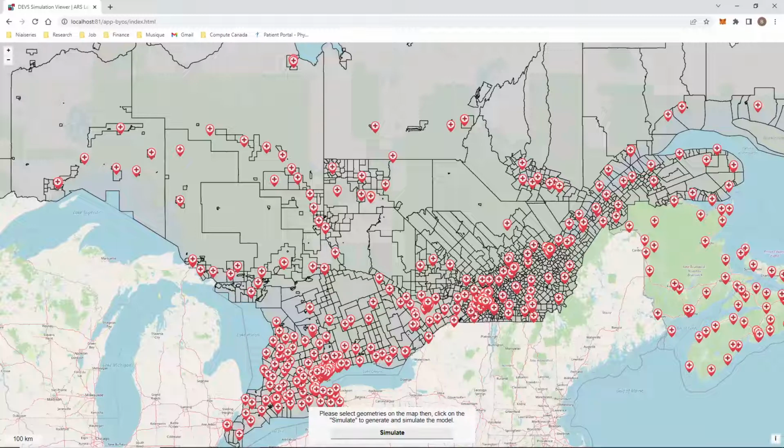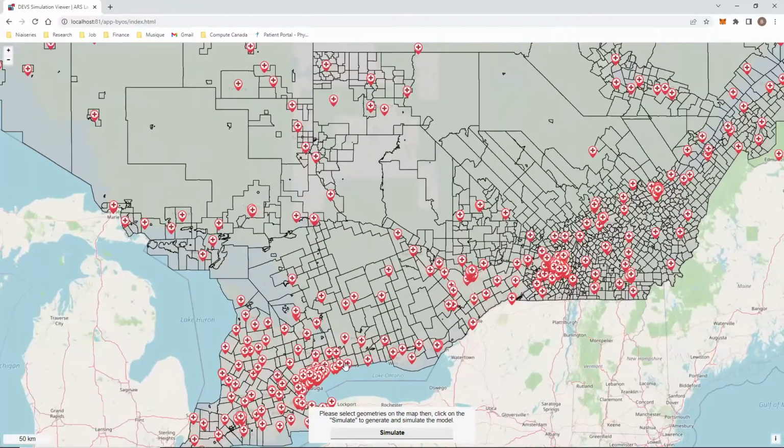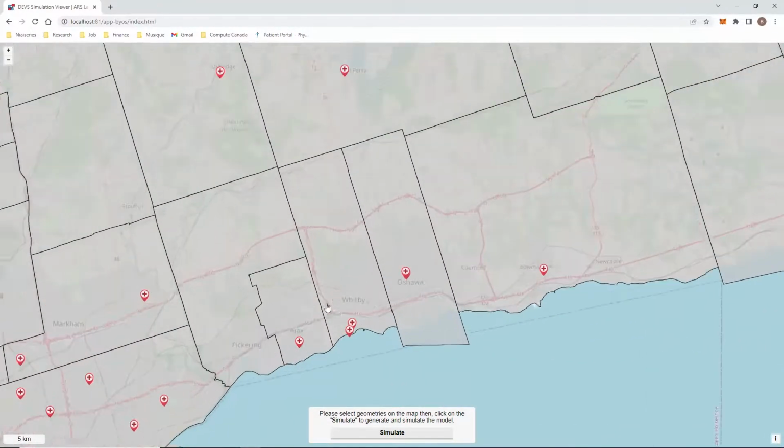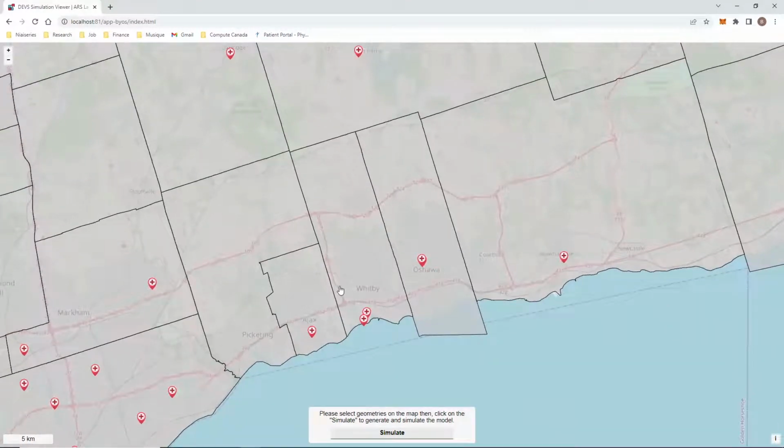When users access the emergency management simulation application, they are presented with an interactive map that allows them to define simulation experiments. The first step is for them to select a geographic area that will become the simulation area. Here I'm navigating to my simulation area. They can then define the experiment